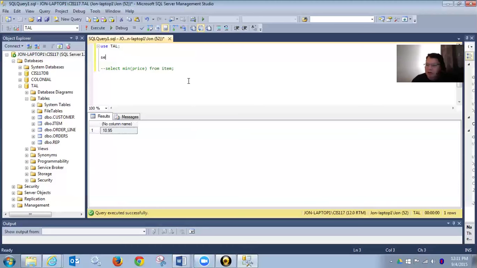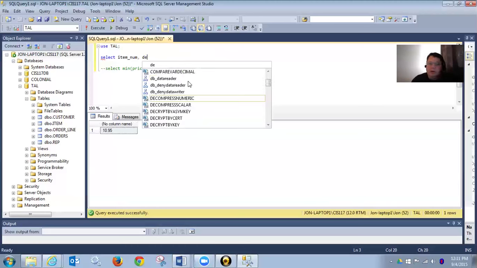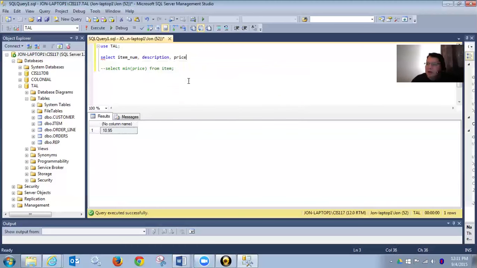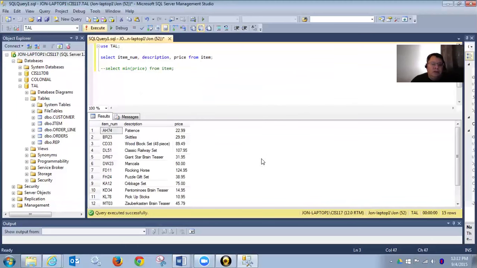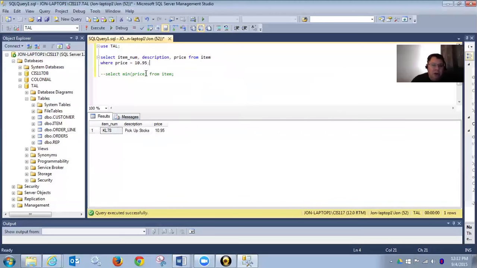So let's select the item number, description, price from item. That's working. And then let's add in the where clause, where price is equal to, and the minimum we know from our foreknowledge of the answer at the current time in the database is 1095. Okay, so that's working, but again, that minimum might change over time, so we want to combine these two